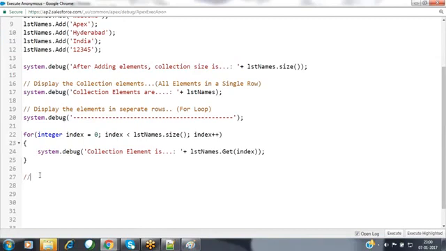The next one, I want to display the elements by using the enhanced for loop. Then how can we write that code here?